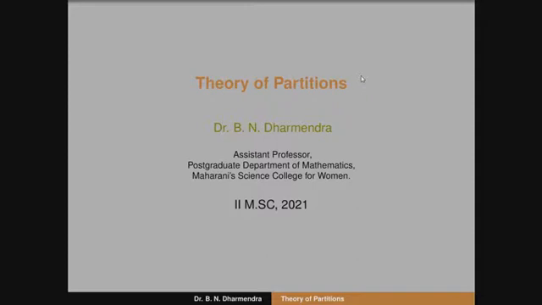Firstly, in terms of a series, f(a, b) is equal to the summation, n varies from minus infinity to plus infinity, of a to the power of n(n+1)/2 into b to the power of n(n-1)/2, if the series is convergent, say if |ab| is less than 1. Similarly, in terms of the Jacobi triple product identity, the theta function can be defined as f(a, b) is equal to (-a; ab)∞ (-b; ab)∞ (ab; ab)∞.